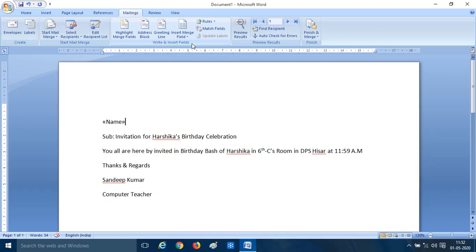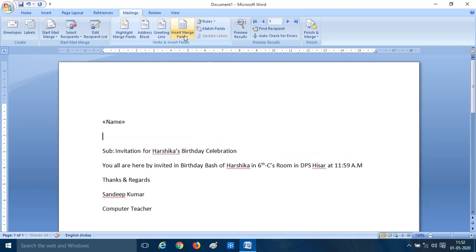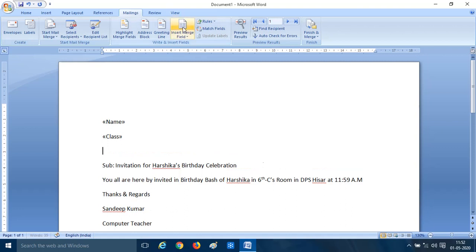After name, press enter key. Next field I want in next line, so I have pressed enter key. Now class, and in next line I want city. So again I have pressed enter key, and now I am choosing city. So here you will see field names are appearing, not the name of the student and the class. So we have inserted the merge field.